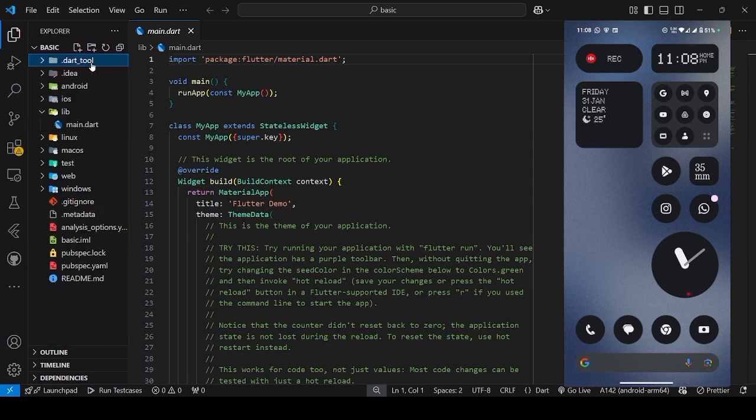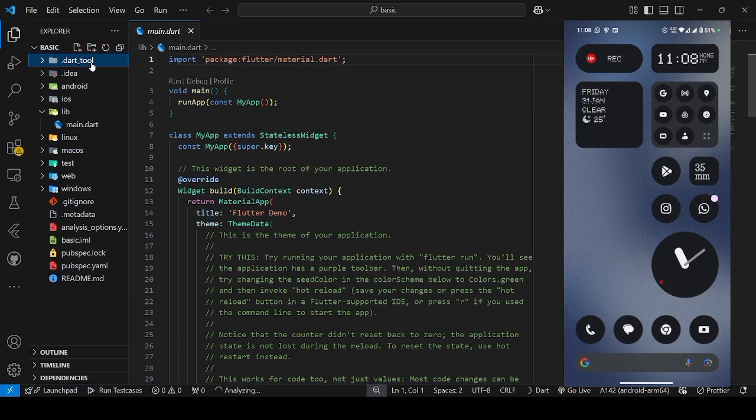सबसे पहले डार्ट टूल फोल्डर कंसिस्ट ऑफ ऑल द डार्ट कोडिंग कंपाइलर्स, क्योंकि फ्लटर एक लैंग्वेज है जो डार्ट प्रोग्रामिंग लैंग्वेज पे बेस्ड होती है। तो इफ यू वांट टू मेक फ्लटर ऐप यू शुड नो डार्ट प्रोग्रामिंग लैंग्वेज। ओके, एंड देन यू हैव एंड्रॉयड फोल्डर।